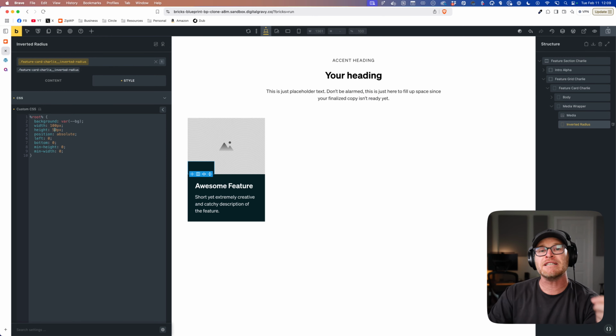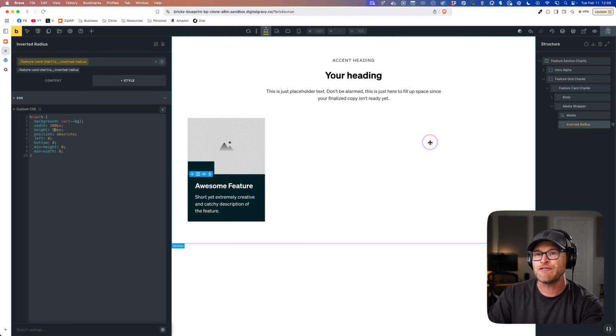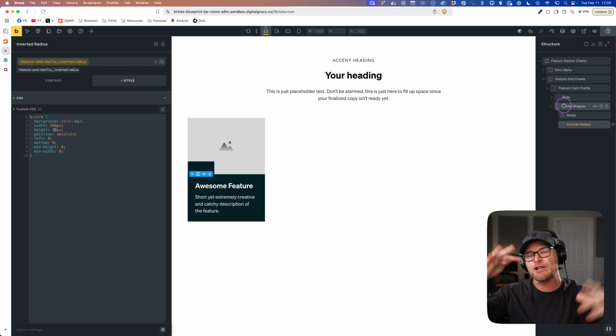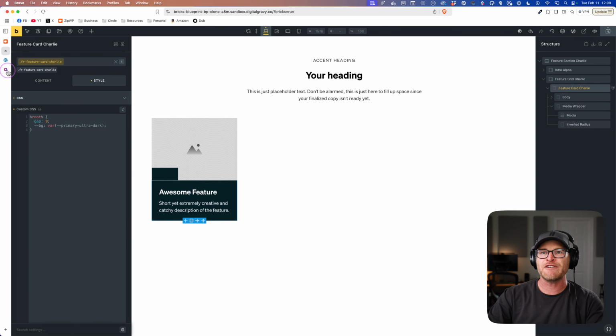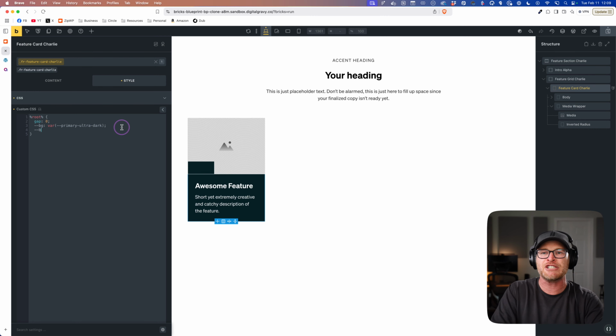Now the inverted radius uses our radius variable. So there's a global radius variable and it's gonna use that variable by default. What I wanna do, because I want this to be a really wavy, curvy card, right? So I'm gonna bring feature card Charlie here. Just like I said, a BG here, I'm gonna redefine the value of radius. We're gonna do something like 1.5 M. And now if I did something like border radius on the card and I did radius, it would be 1.5 M. You could see it down there.